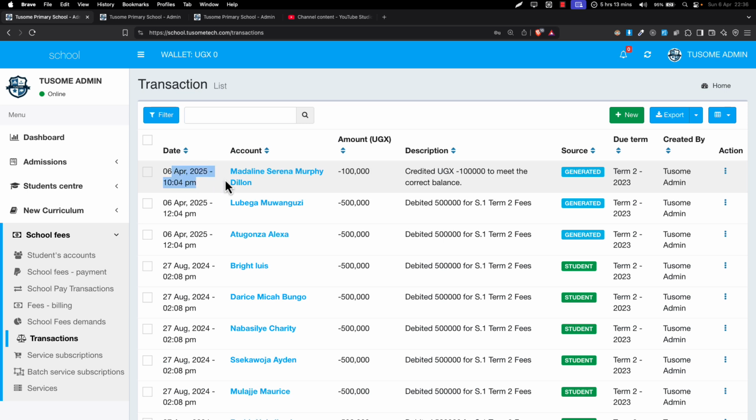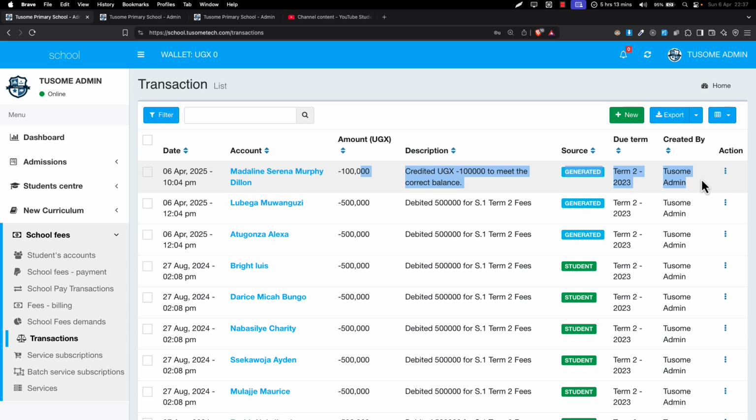You can see this transaction happened to this account, of this negative amount, it was a kind of billing, and this is the narration, and the status. The type of this transaction was generated, because we did not create this transaction, it was generated by the system, on this particular term, and it was created by the person who was logged in, this particular user. So you have complete detail to see